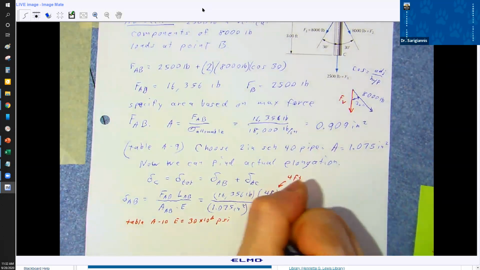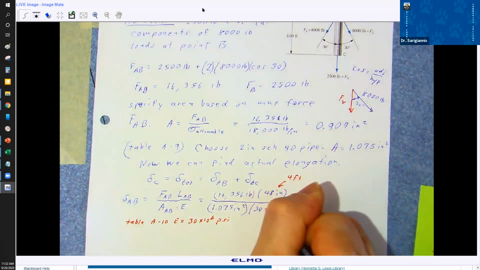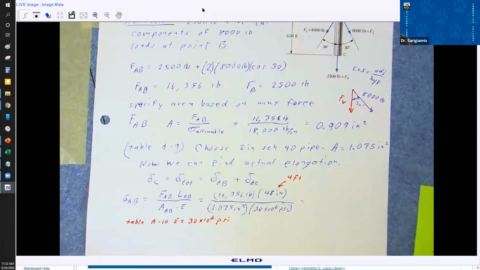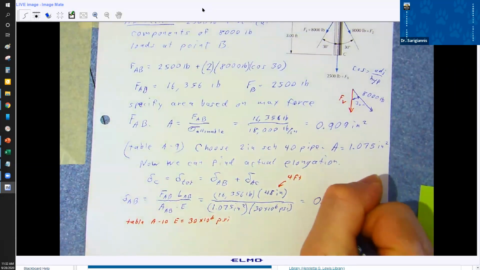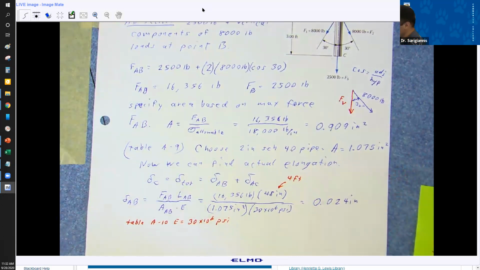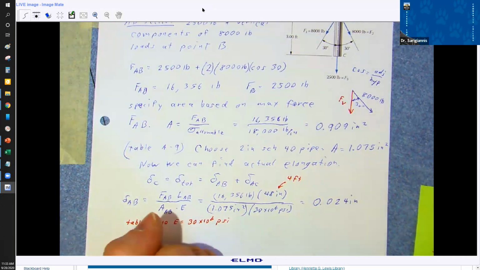And then Young's modulus is 30 times 10 to the 6th PSI. And here we wind up with 0.024 inches. This is the elongation that this force over this length on a pipe with this stiffness and this cross-sectional area causes. And then we're going to do the same thing for the BC section,